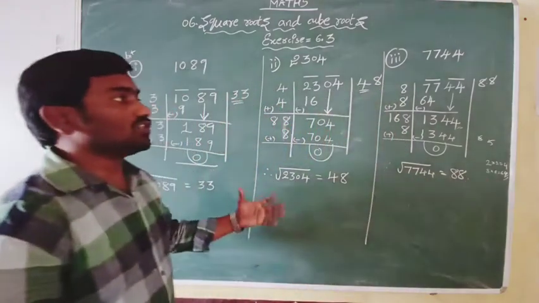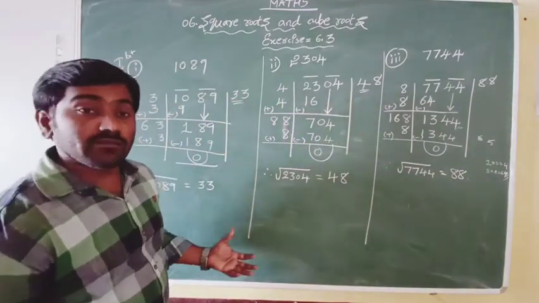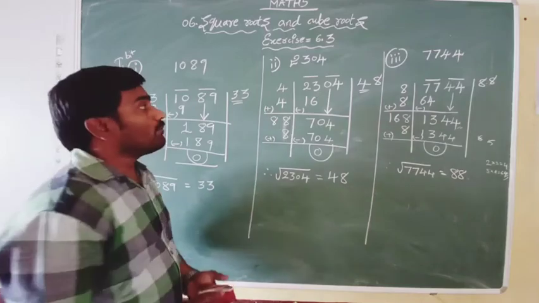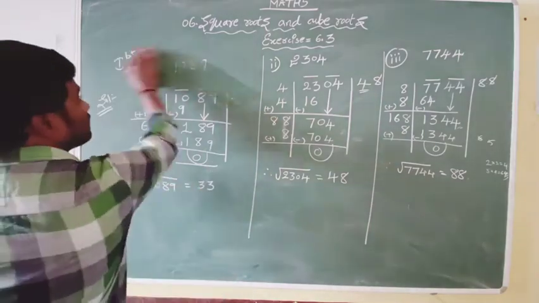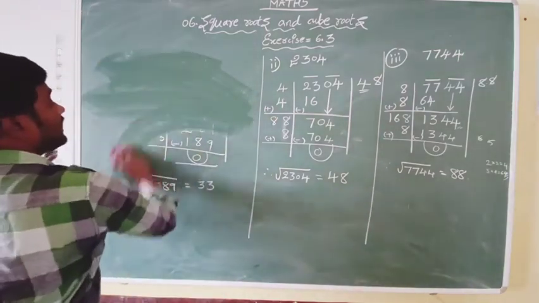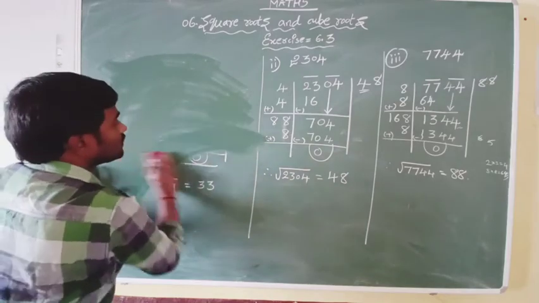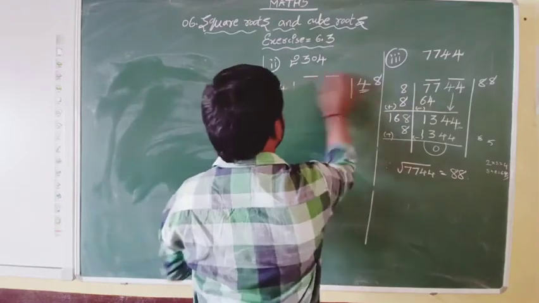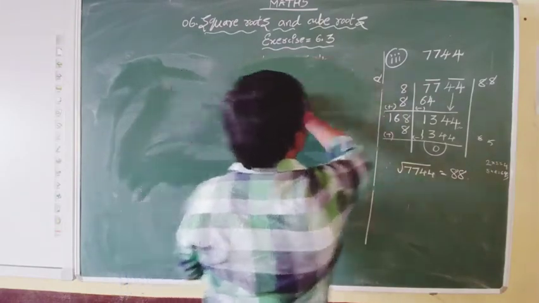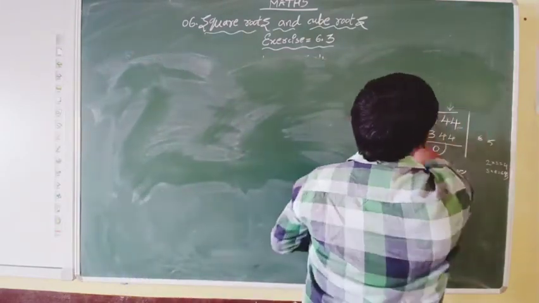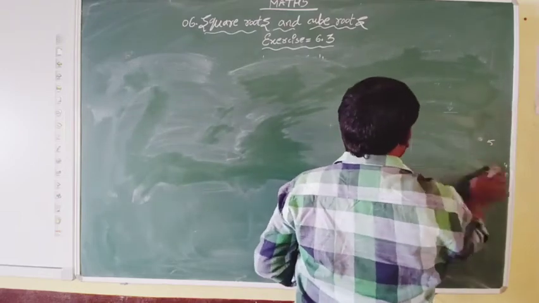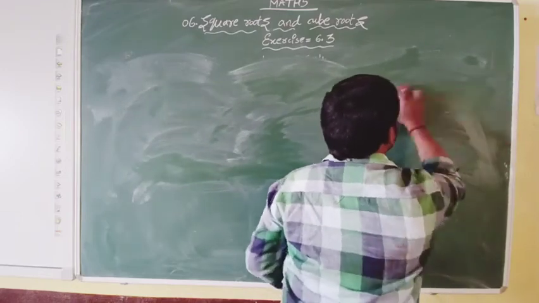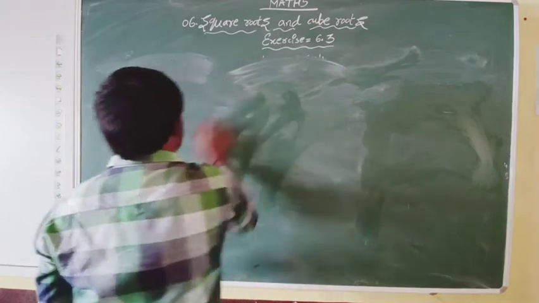I hope you understood this bit. Yes, similarly we have the second bit also, but in that case we will take decimal numbers. In the decimal numbers, how to do it? The procedure is the same again. The same thing we are going to do in the decimal numbers also. So observe very carefully what I am doing here, because this will help us a lot in the future also.